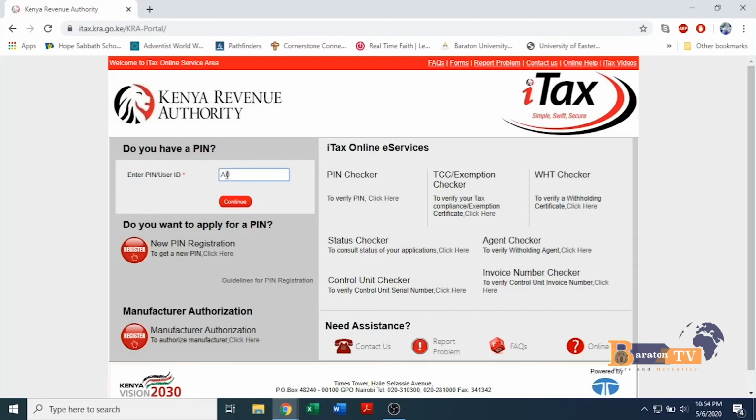Depending on the speed of your internet, you are sure to have a page like this, and therefore you will enter your PIN. Your PIN will be entered here. In this case, this is my PIN 0991,